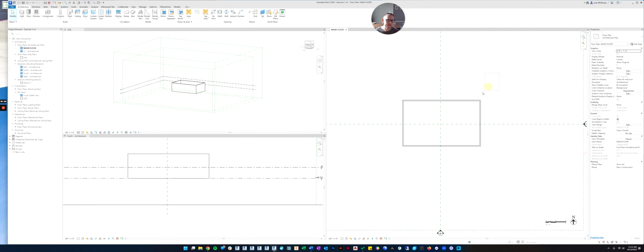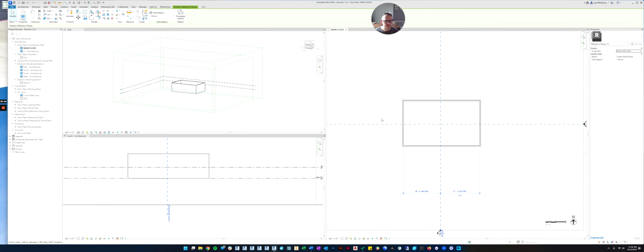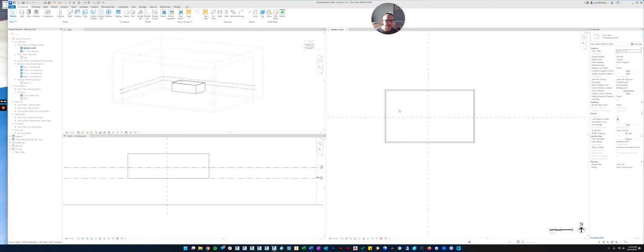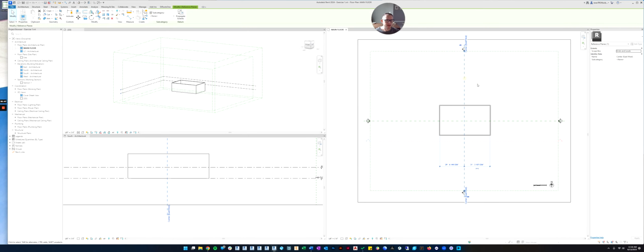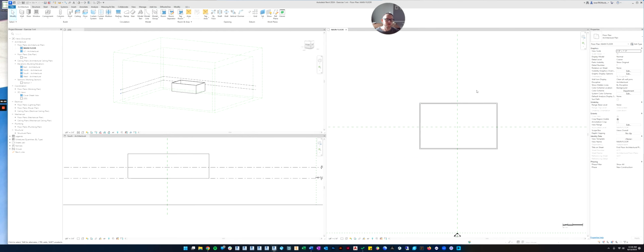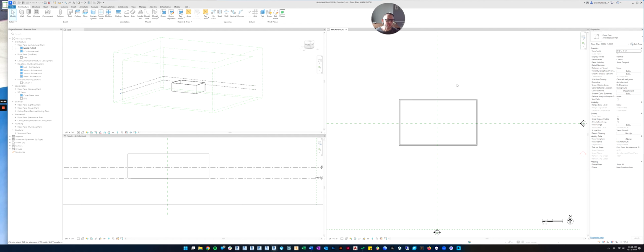So if I want these two, then I can just touch those two walls, or I can just touch the one wall, or I can touch that. But do you see how it's also selecting? These are called reference planes. You may not be able to see on my screen, but they're green. These are just to help you identify where the center of the project is. It's not important right now. We'll go over reference planes a little bit more later, but they're just there, like they say, as a reference.